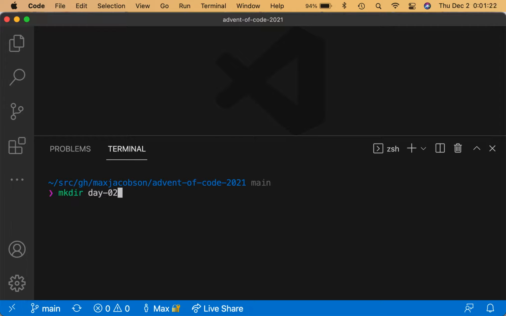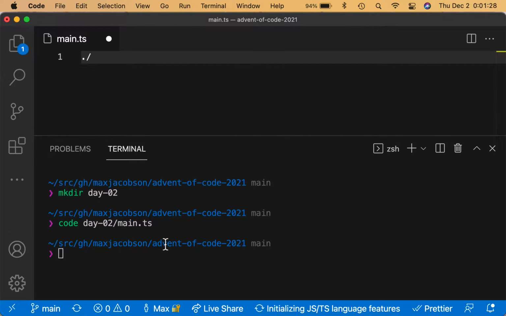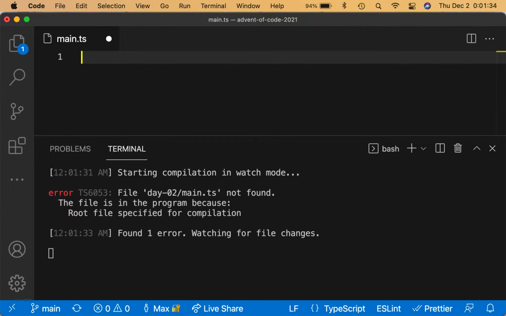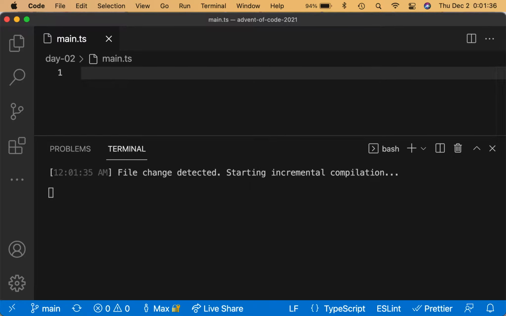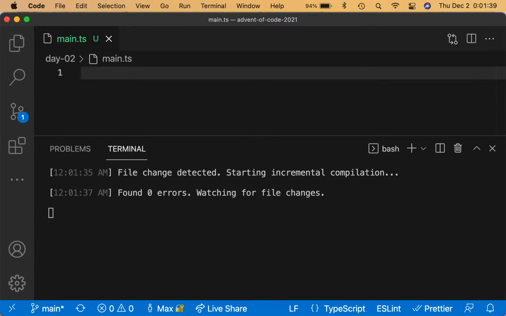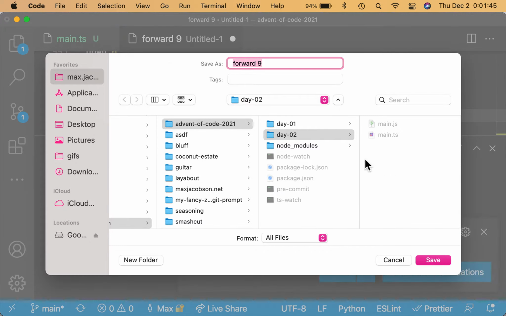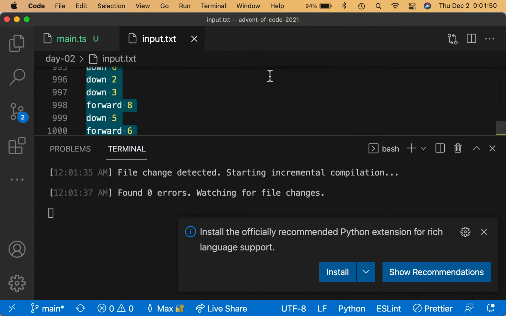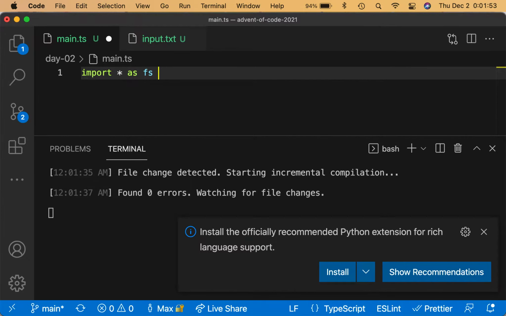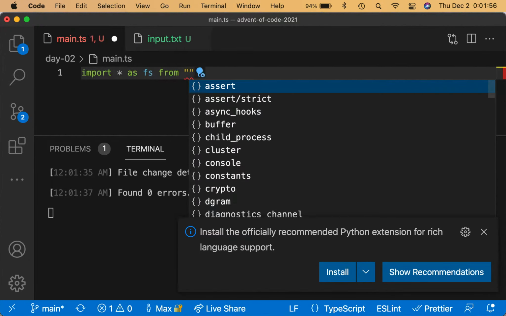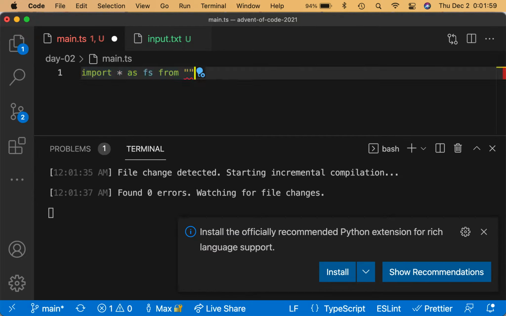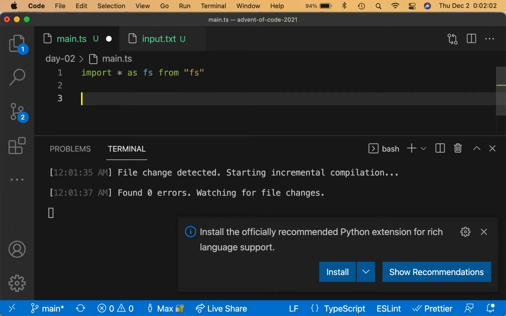Make directory day 2. And then we'll do ts watch day 2. And we'll save. And then we'll also save input.txt in day 2, and then we'll do import * as fs from fs,